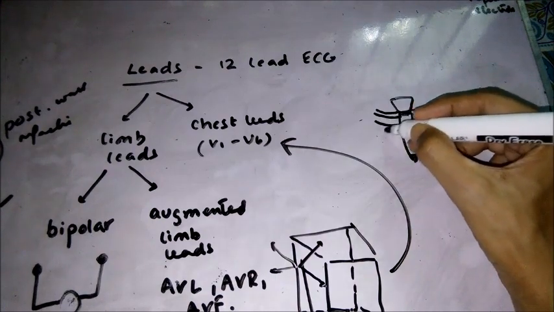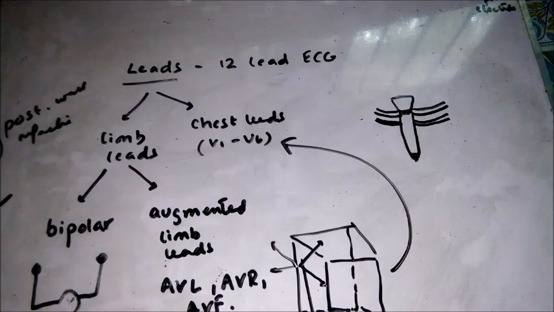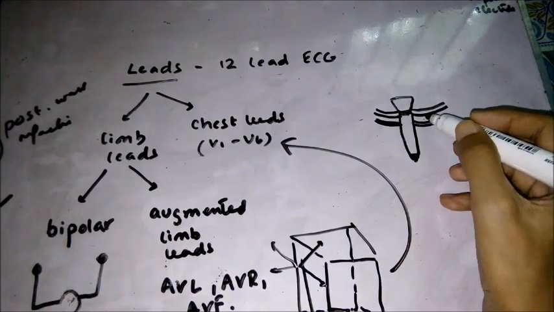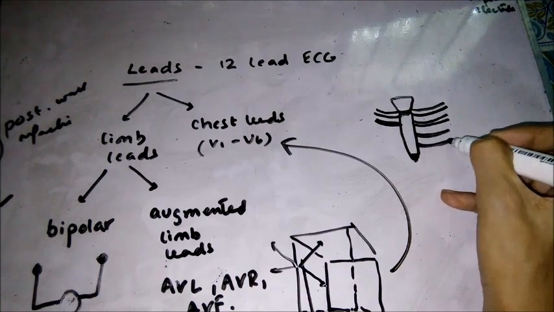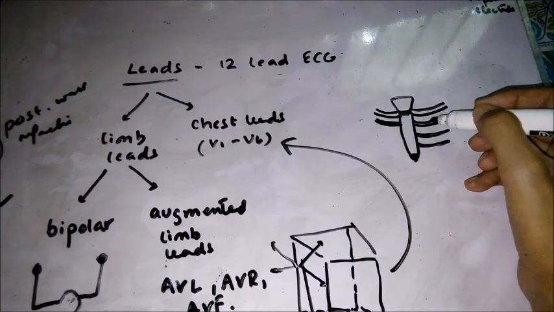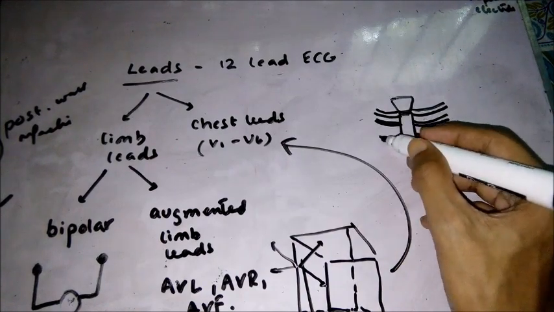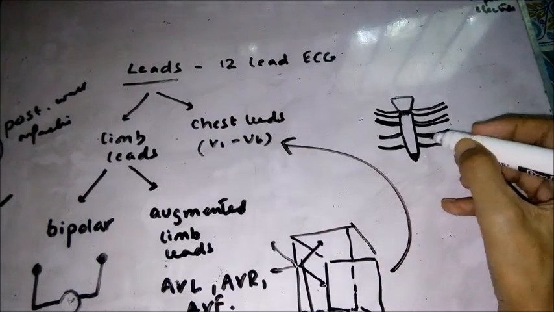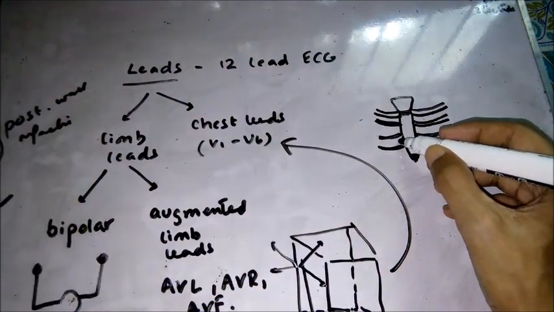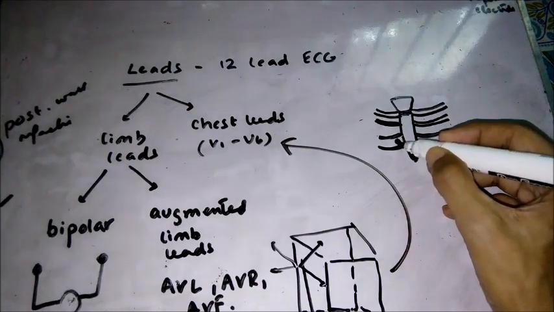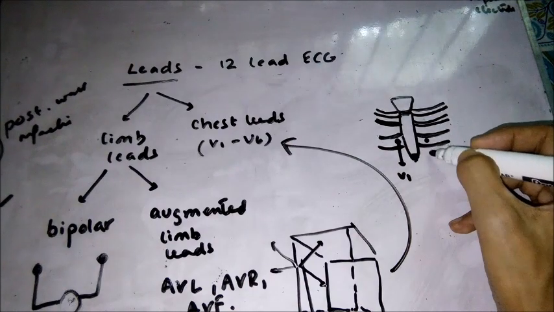From there we move downwards to the fourth intercostal space: the second rib, third rib, fourth rib, and beneath the fourth rib we have the fourth intercostal space. On the fourth intercostal space towards the right side, this is the right side, you will put V1 over here. On the left side you will put V2,